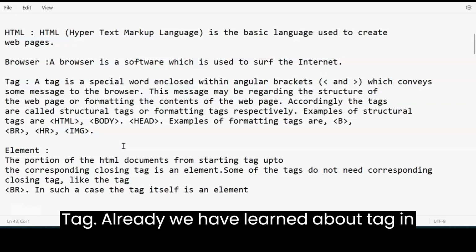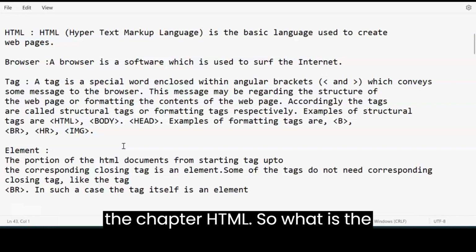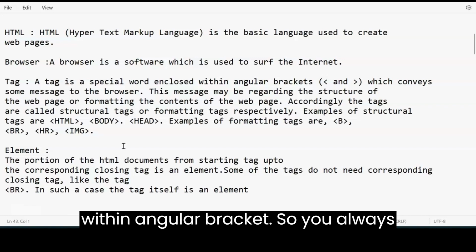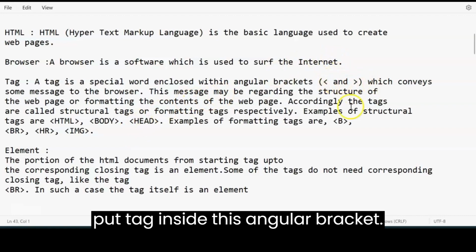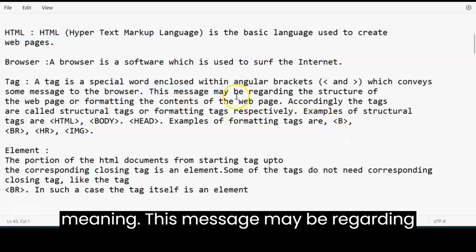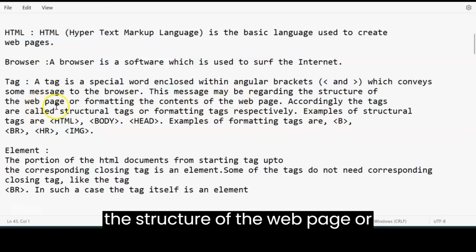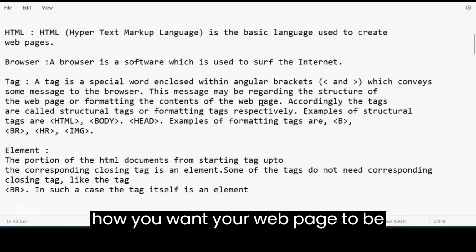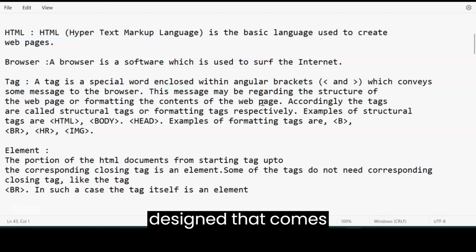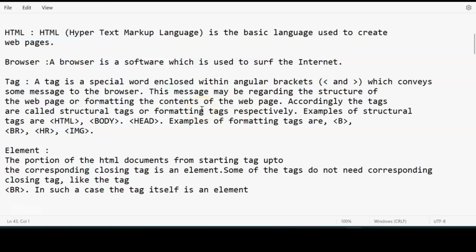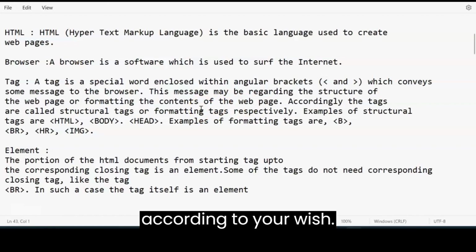Tag. Already we have learned about tag in the chapter HTML. So what is the use of tag? It is a special word enclosed within angular brackets. So you always put tag inside these angular brackets, which convey some message to the browser. So every tag has its own meaning. This message may be regarding the structure of the web page or formatting the content of the web page. How you want your web page to be designed, that comes under your tag. Also, you can change the content or format the content according to your wish